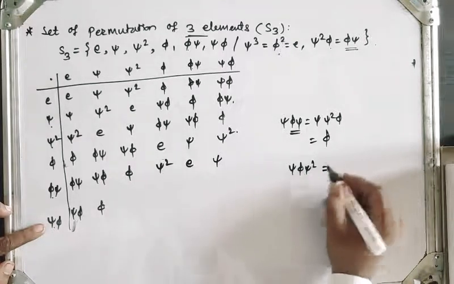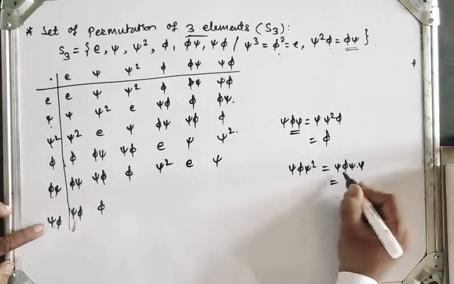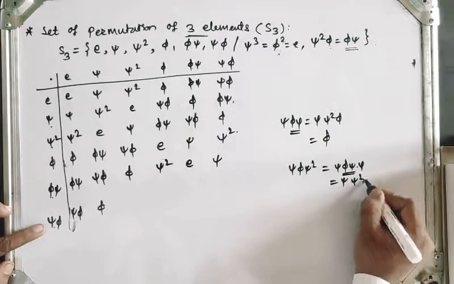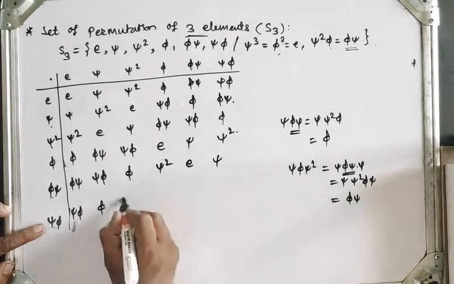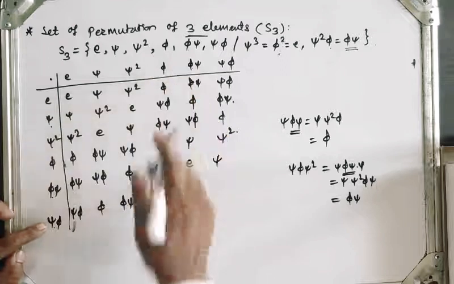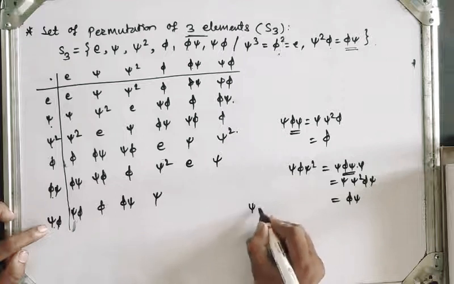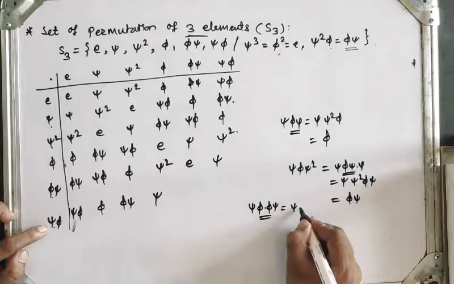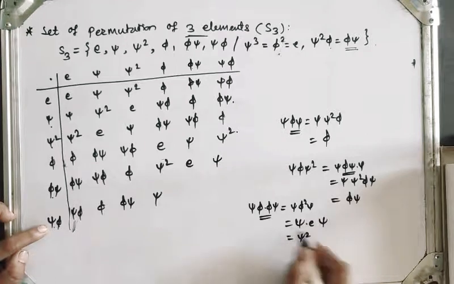psi phi into psi and psi, which is equal to psi, so the value of psi phi is psi square phi and again psi, so this value is psi cube identity, only remaining phi psi. And next psi phi into phi, so phi square identity, only remaining psi. Next psi phi into phi psi, which is equal to, here phi square identity is psi into phi square psi, so psi into identity into psi, which is equal to psi square.